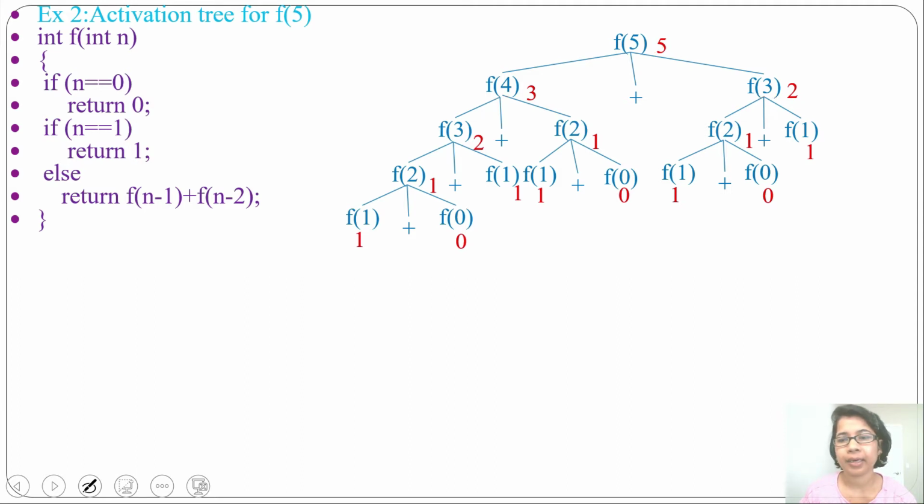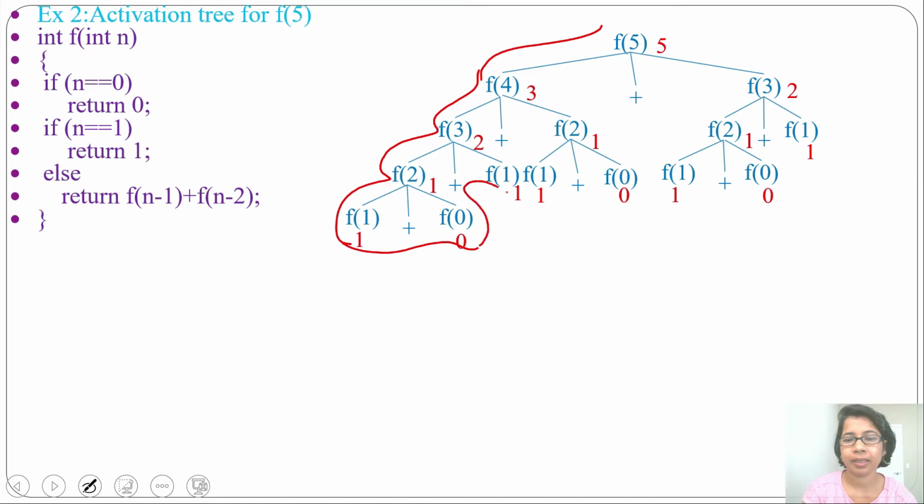In previous lecture, I discussed that pre-order traversal is same as the calling sequence, while post-order traversal is same as the return sequence. Now do the pre-order traversal on this activation tree. Pre-order is what? Root, left, right. So root, left, then it also has child. So left, then left, then left, then right, then right. Then we'll move right. Here root, left, right. Then we'll move right. Then here left, left, right, then right. So this is a pre-order traversal.